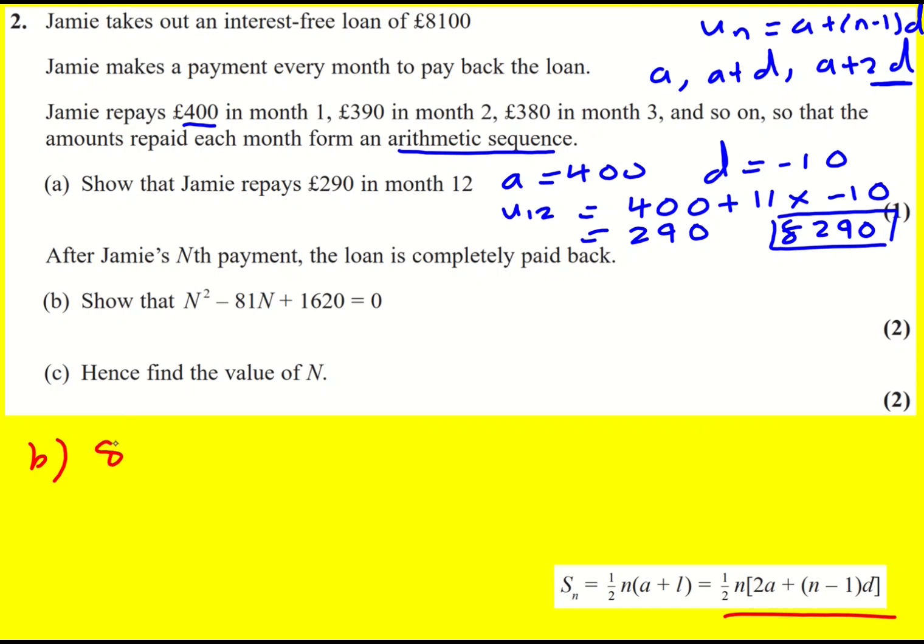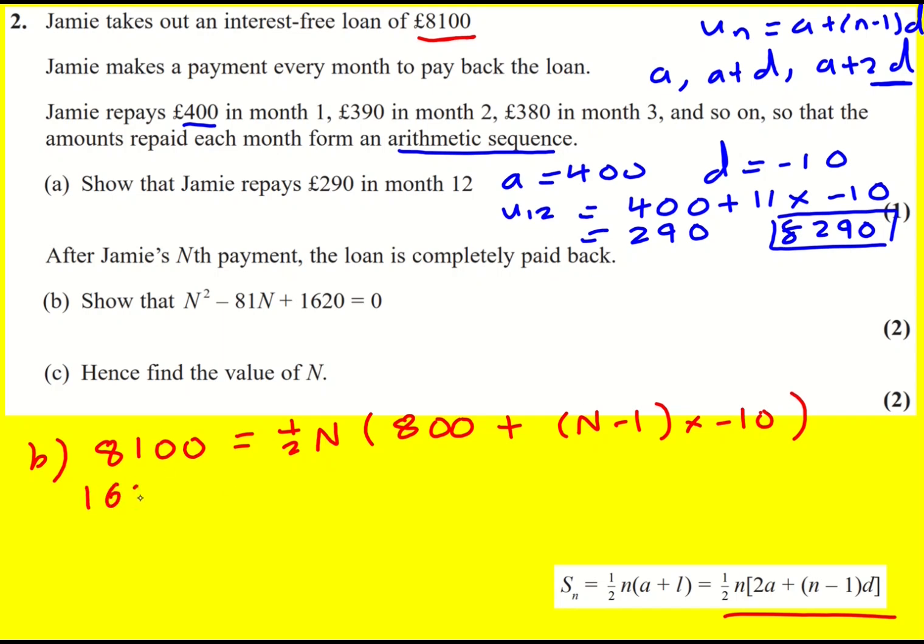So we can say that 8,100, that's going to be my summation, I know that, is going to equal a half times this capital N, multiplied by 2a, which is 800, plus (n minus 1) times minus 10. I'm going to multiply through by 2, so it's 16,200 is equal to n times (800 minus 10n plus 10). And that will become